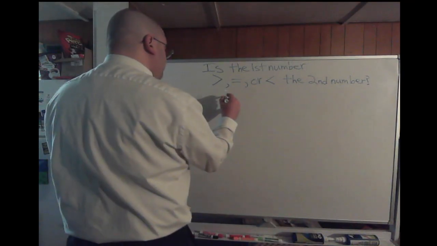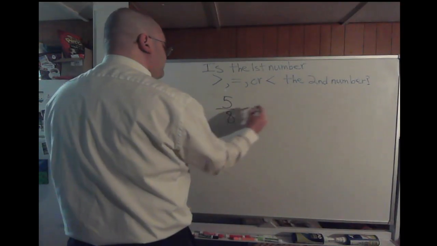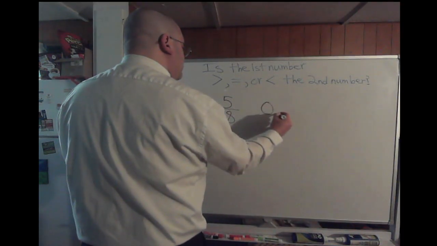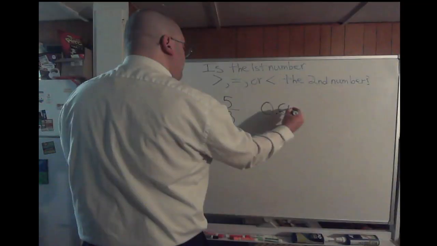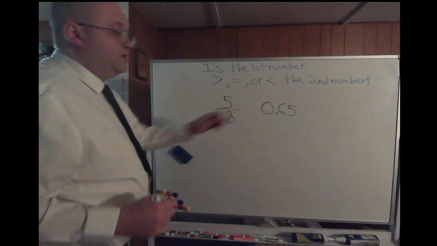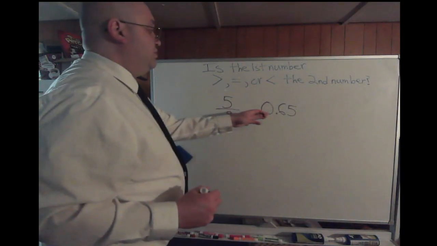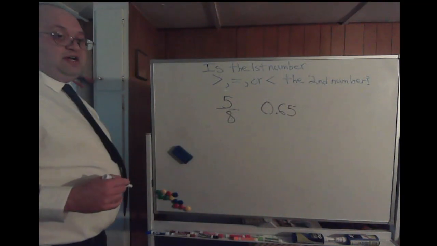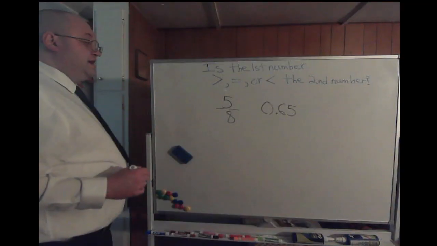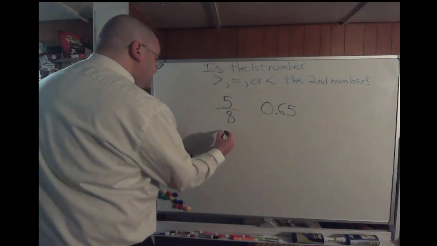Alright, so then we have 5/8. They give you 5/8 and they give you 0.65. So you got 5/8 being compared to 0.65. Is 5/8 greater than, equal to, or less than 0.65? Well, again, I would convert that 5/8 into a decimal. So 5/8 as a decimal is